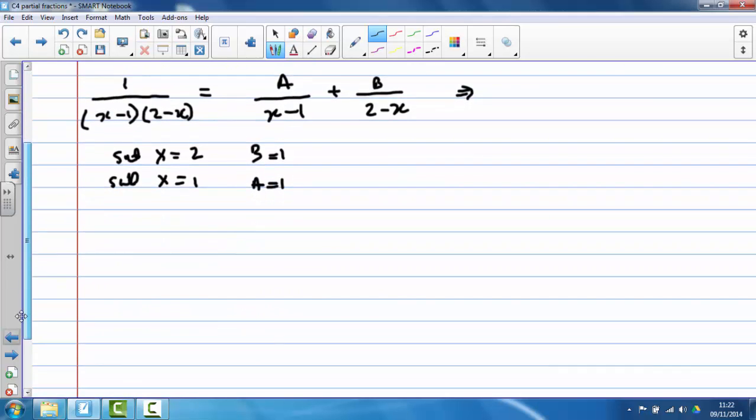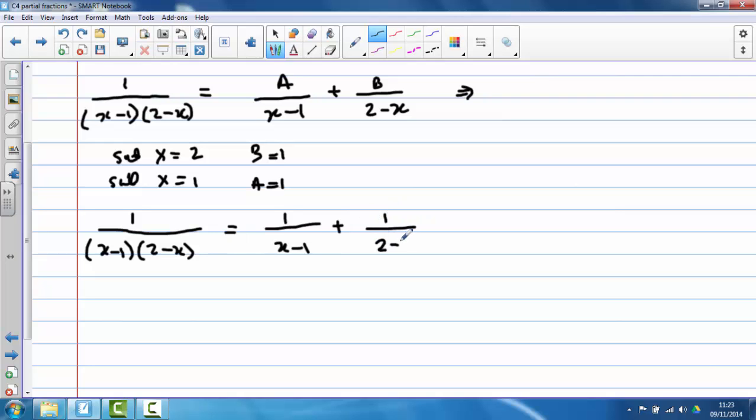So therefore our fraction 1 over (x minus 1) times (2 minus x) equals 1 over (x minus 1) plus 1 over (2 minus x). Now this can be written as (x minus 1) to the power minus 1 plus (2 minus x) to the power minus 1,